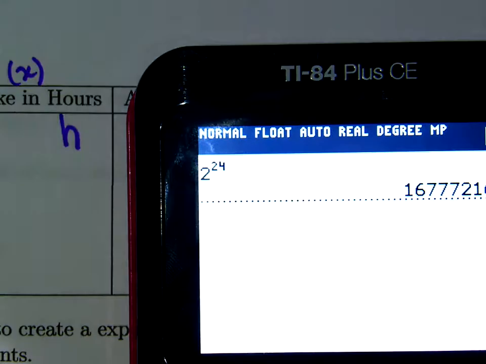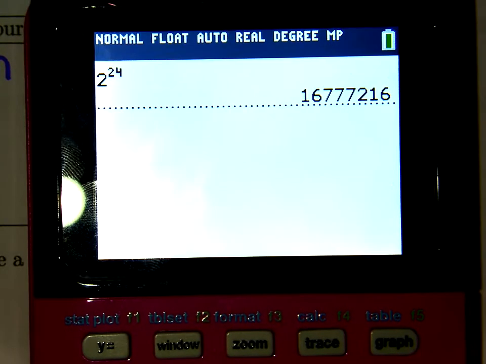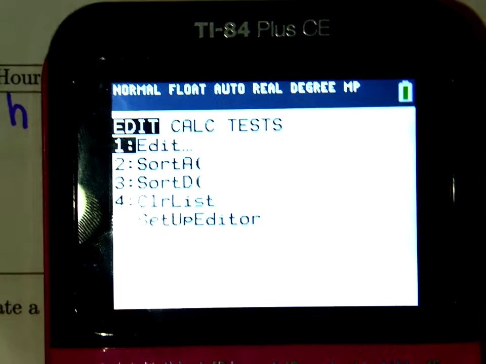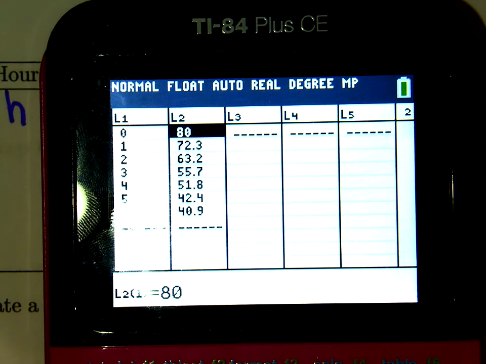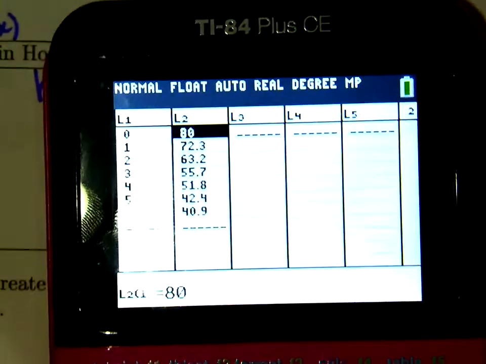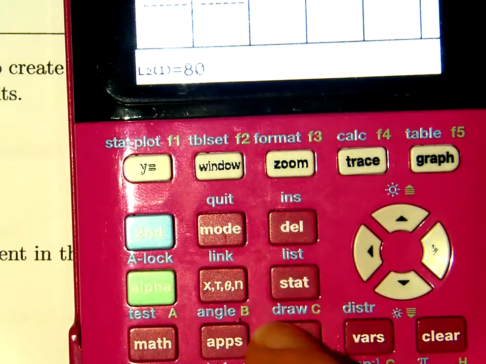Okay. Well, lucky for you, you don't have to watch me type those all in. I went to stat, and then I went into edit, and I put all of those hours into list 1, and I put all of the milligrams of caffeine into list 2. So here it is, and it says we need to create an exponential model. So then we go to stat,